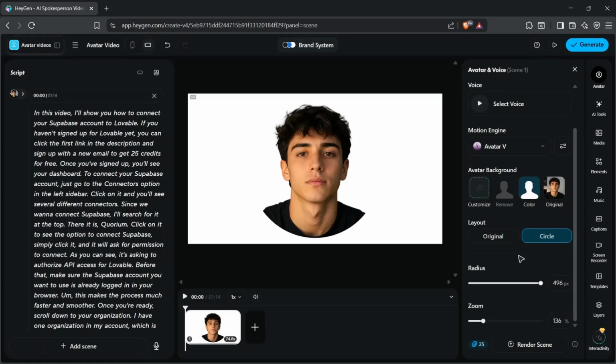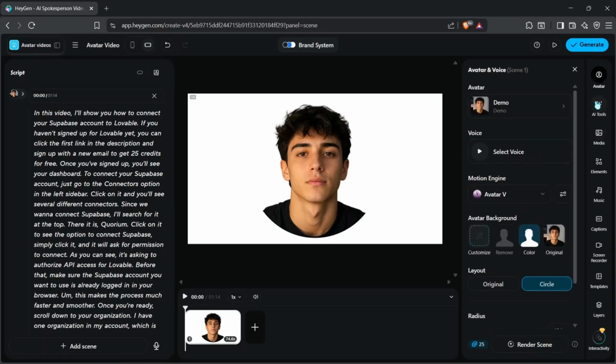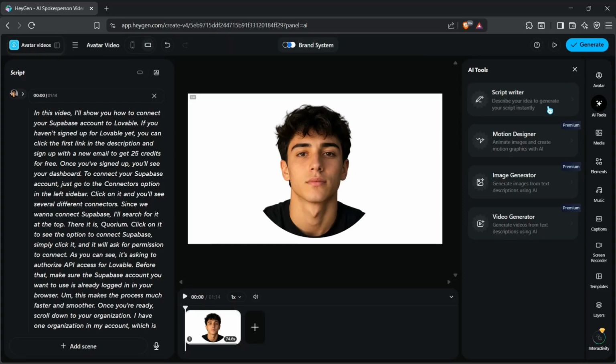Let's say we want to apply these changes to our video. At the bottom, you'll see the number of credits this will consume, in this case, 25 of our AI credits. You can simply click on Render, and it will generate a preview of the changes you made. So those were the settings. Apart from that, you've got the AI tools right over here, including the scriptwriter, the motion designer, the image generator,